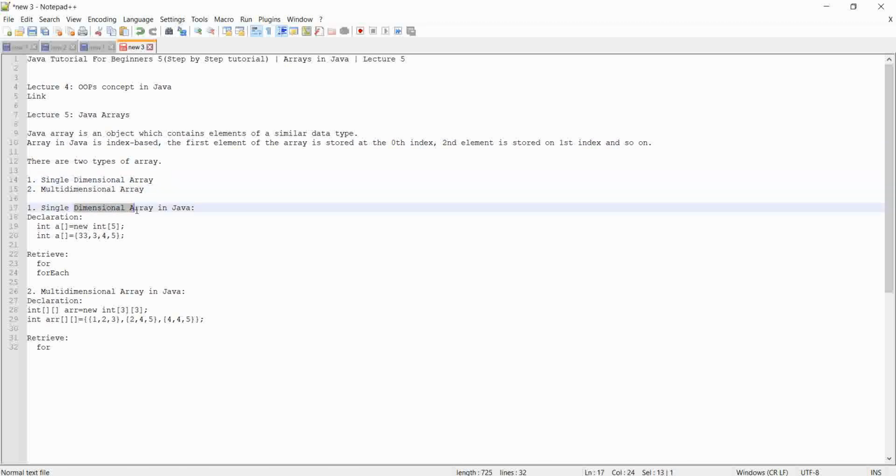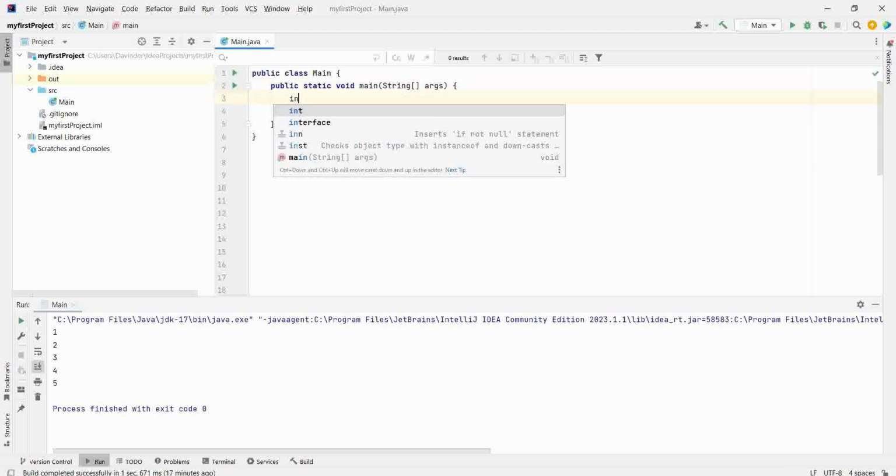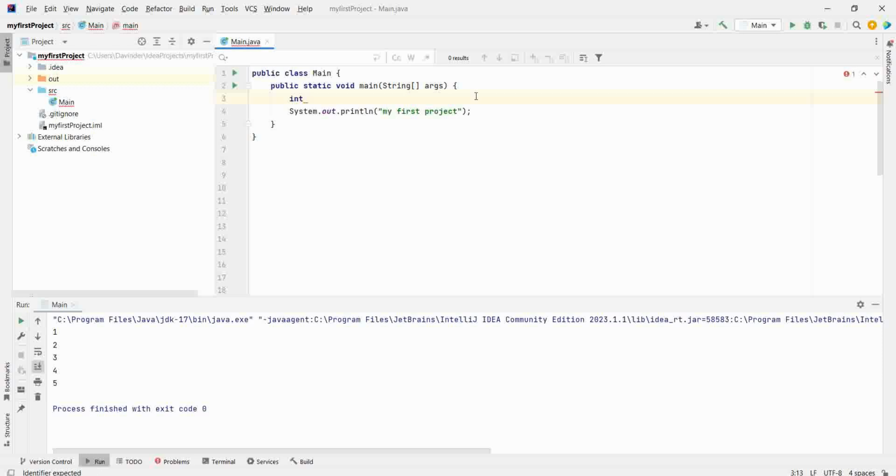Now, a single dimensional array in Java can be declared in two ways. If you remember how to create a variable, it is like int variable name equal to value. This is how we create a variable. But how to create an array, which is like a group of variables? int a[] equals new int[5], where you give the array size, like 5.